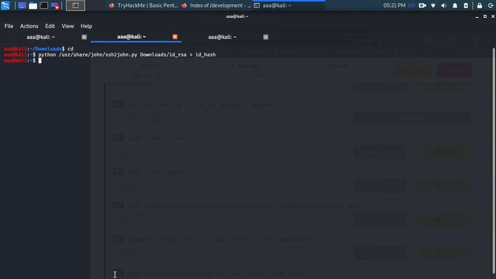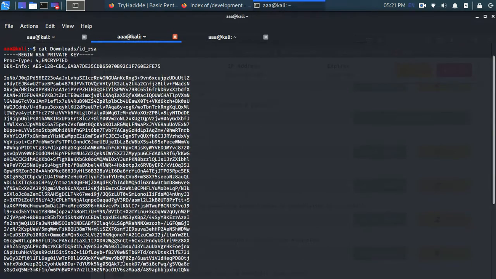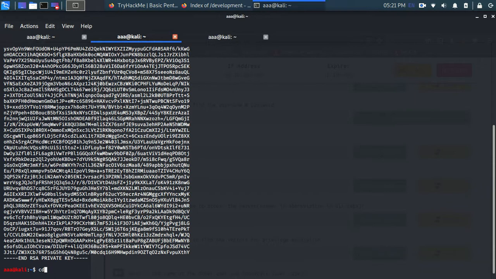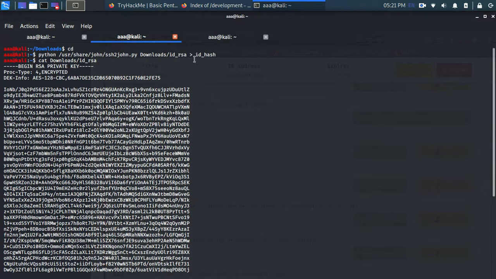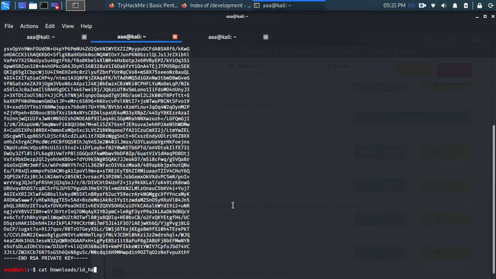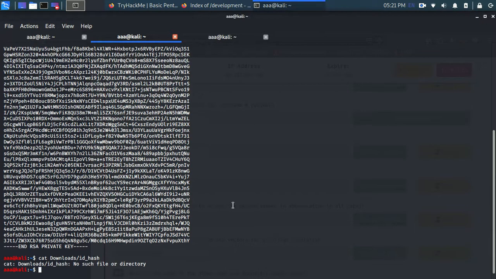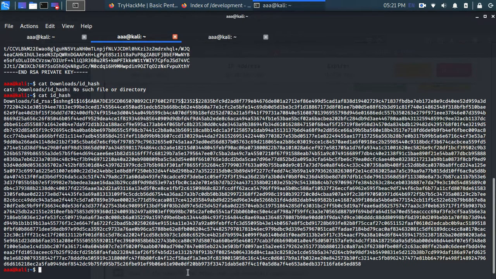Now I'll show you the difference. Firstly I'll open this one, and you can see this is how it is. And now I will open the one which we just converted, id_hash. Okay, let's open it here only. cat id_hash, and this is the file which it got converted into.